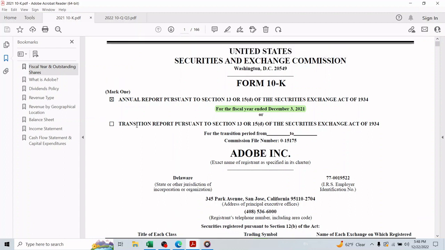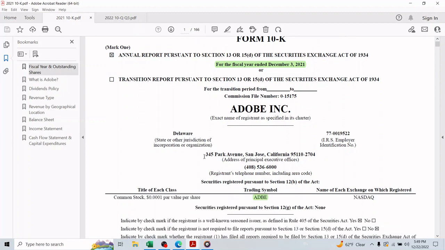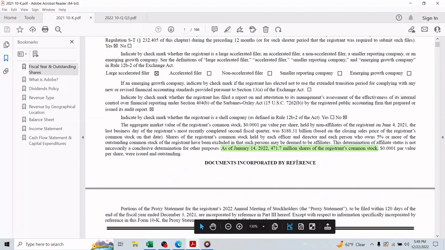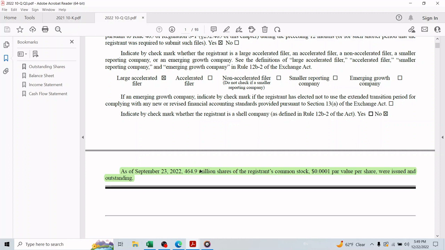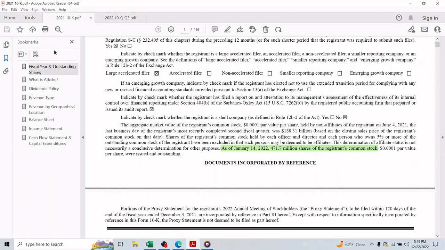it available to investors. Also, Adobe has one equity security with the ticker symbol ADBE, and as of January 2022, there were about 472 million outstanding shares. But the company is repurchasing its shares, and in the third quarter report of 2022, we can find that there are about 465 million shares as of September 2022, which means they bought about 12 million shares between January and September, and this is the first interesting information about